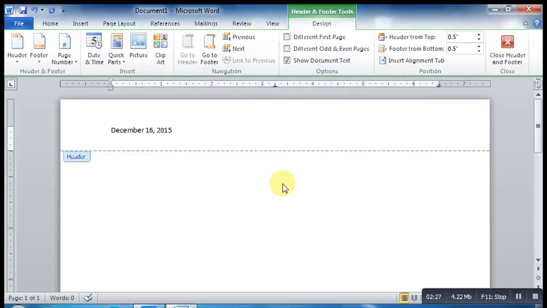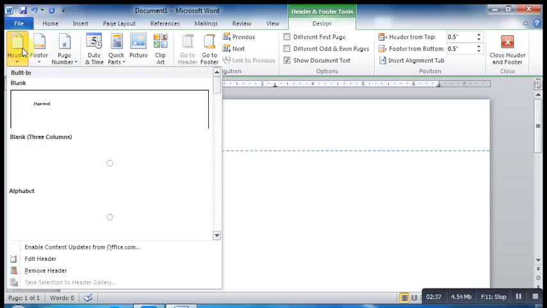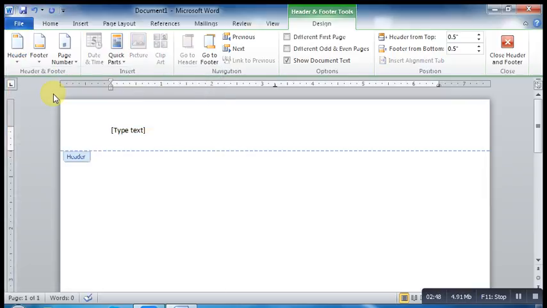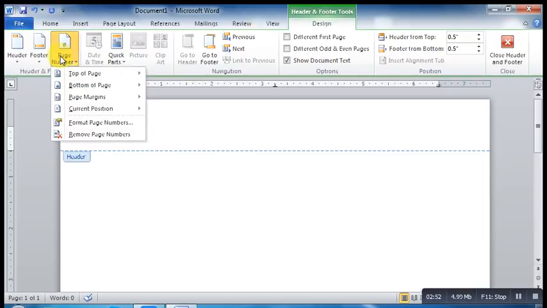Another example is adding page numbers to an existing header or footer. Select the header or footer and the Design tab will appear. Place the insertion point where you want the page number to be. You can place it anywhere except inside a content control field. From the Design tab, select the Page Number command. Click Current Position, then select the desired style. The page number will appear in the document.